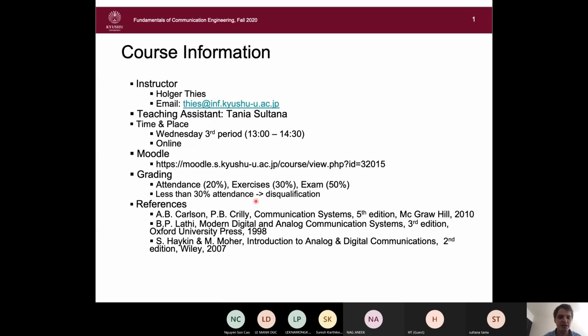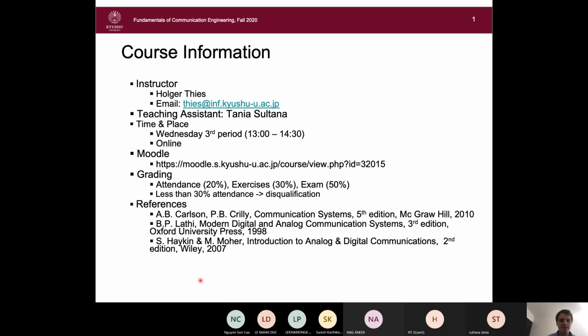And there's one more point. You should try to attend most of the classes, because it counts for your grade. Also if you attend less than 30%, that is, if you're attending less than 5 classes, this leads to automatic disqualification. So I want you to attend at least 5 classes to be able to get a grade for this lecture. This is if you're not here without a reason. If you have some very good reason to not appear, please contact me in advance. You can write me by email or on Moodle, and then we will try to figure it out.